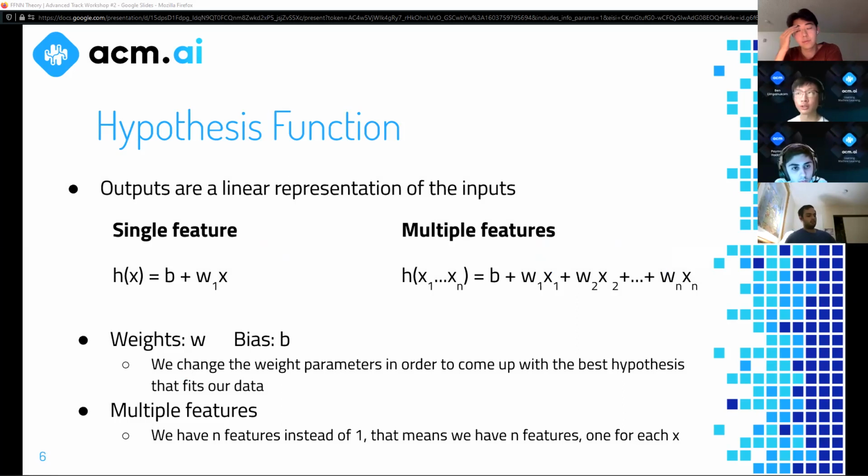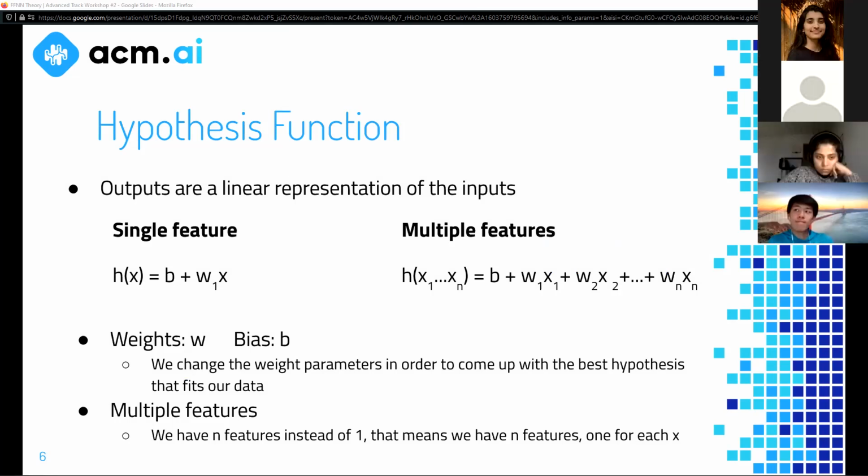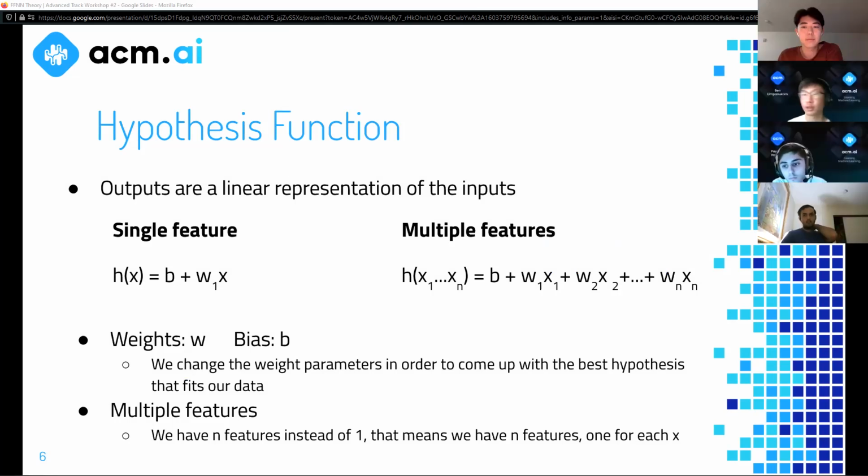So this is a single scalar for both w and x. And we might also have a bias. For multiple features, it's the same idea, except we add them on. So you might have weight 1, weight 2, and weight all the way to weight n. Each of these x1, x2 to xn are scalars, and those represent individual features. These individual features can be different pixel values in a picture, or things like the housing price or the amount of rainfall on a particular day. And you can combine multiple of them to allow the network to draw upon this information to make its predictions.